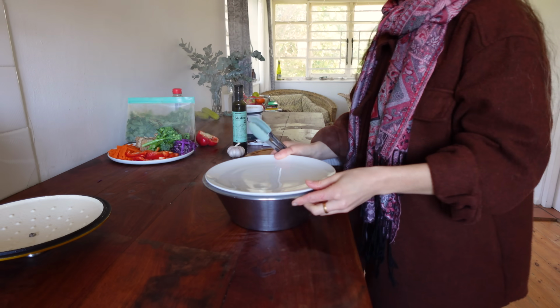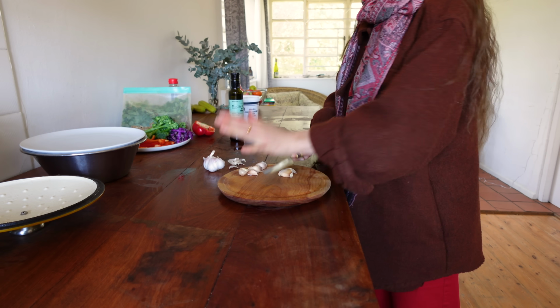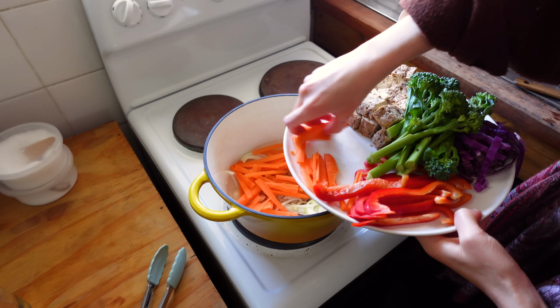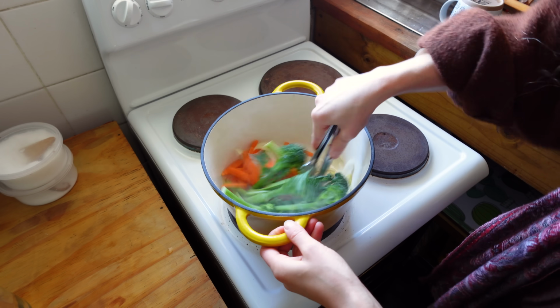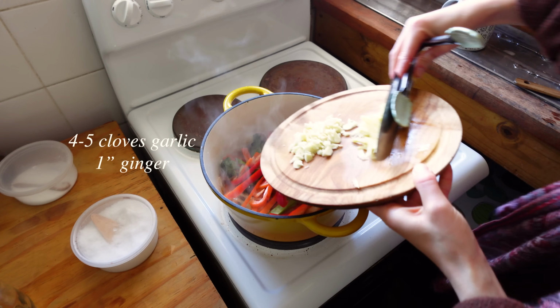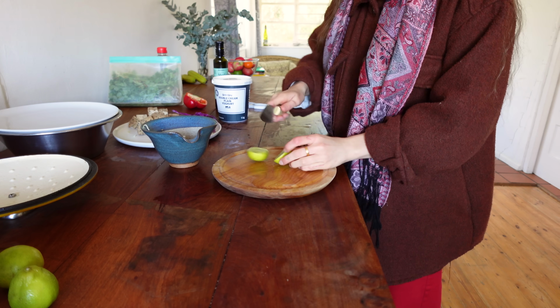pushing them all down, submerging them, placing a plate or a lid on top of the bowl, and then setting it aside. And of course, a rice noodle stir fry would not be one without a butt ton of garlic, in my mind. Once I got a nice browning on my onion, I added my carrot and broccolini, a little pinch of salt, and after a couple minutes, I then added my red pepper, my garlic, and also some chopped